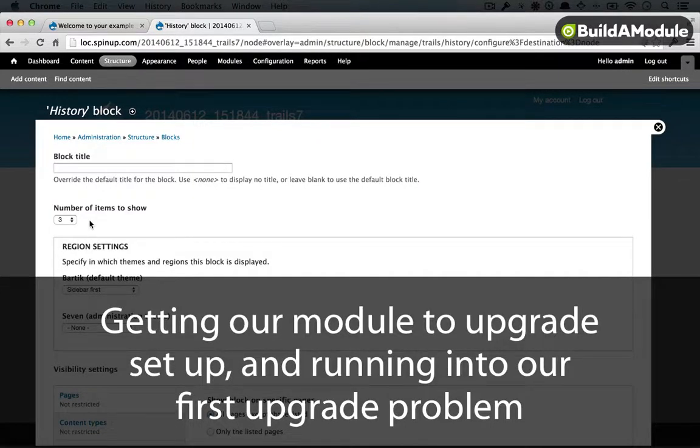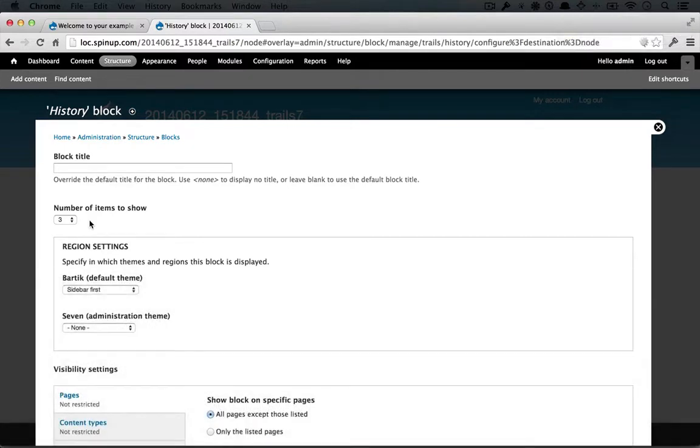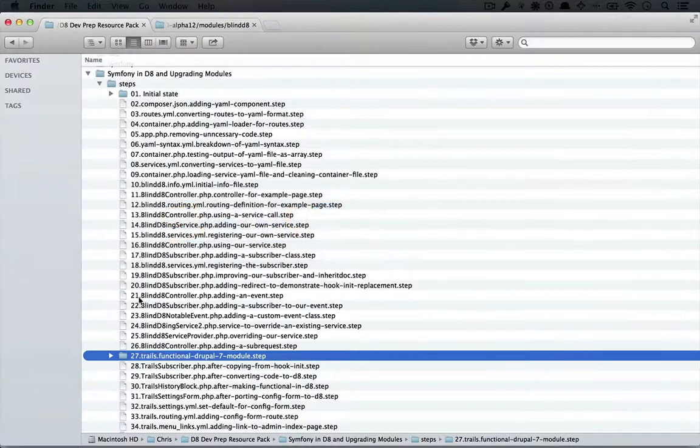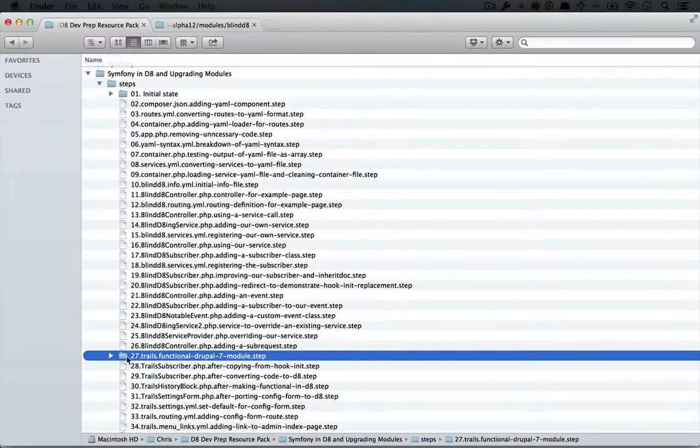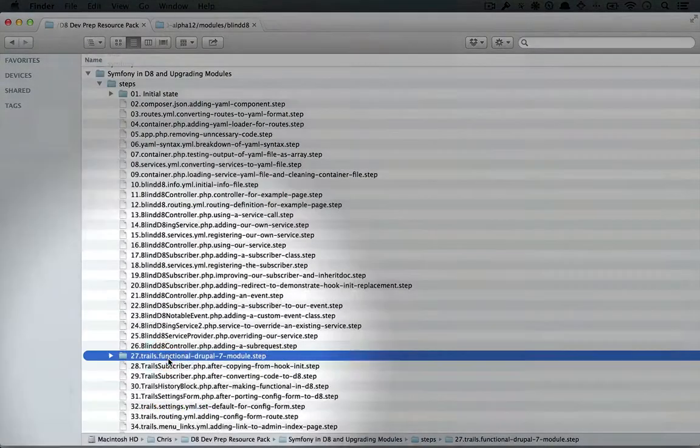So now we're going to convert this over to Drupal 8. And we'll start just by taking the code base and copying it over to the modules folder in our Drupal 8 installation. So I'm going to go to our resource pack directory, and here, step 27 is that Trails module. So we'll copy this,